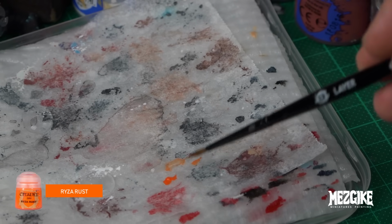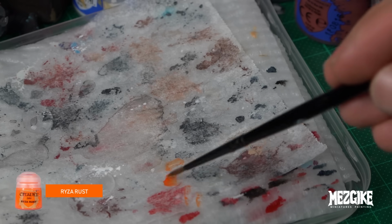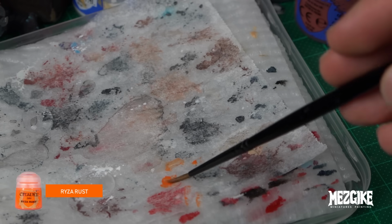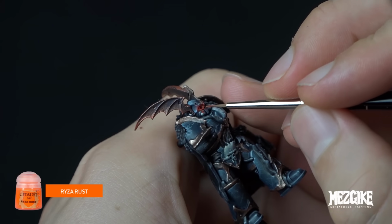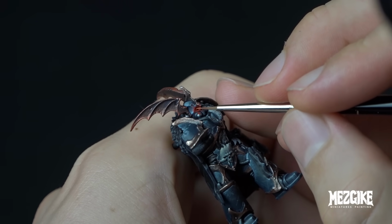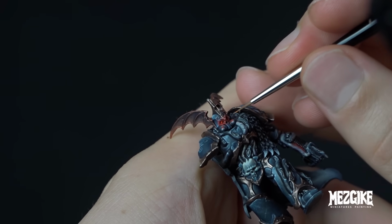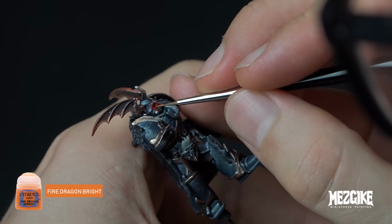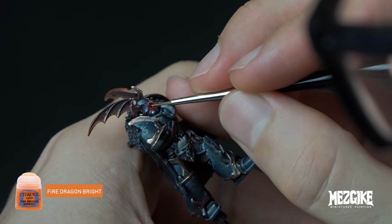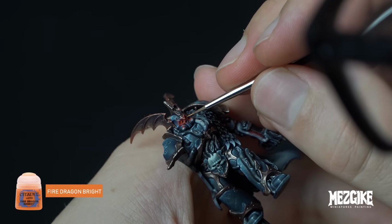Going back to the eyes, we are going to add a little bit more focus to the center of them. Using Riser Rust, going to thin it down like so into a usable paint. So it's no longer going to be a dry paint. Get your fine detail brush and pop a little bit of this Riser Rust in the center of each eye. Fire Dragon Bright, we're going to do exactly the same thing, except a slightly smaller dot inside that Riser Rust